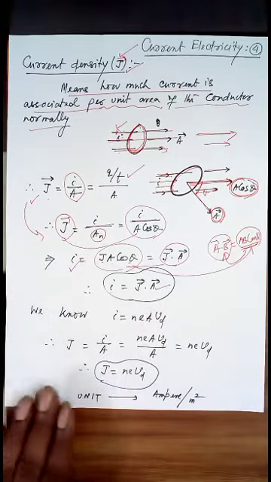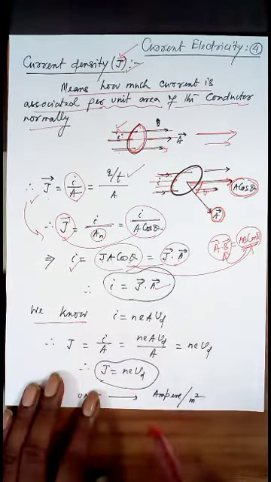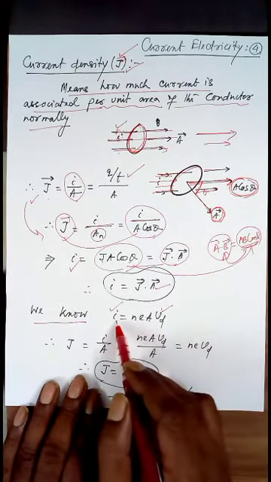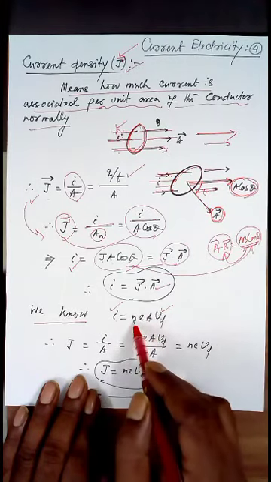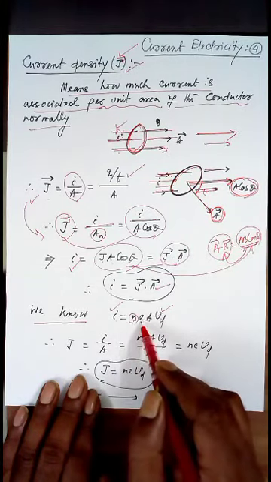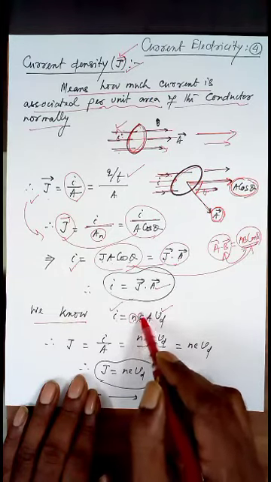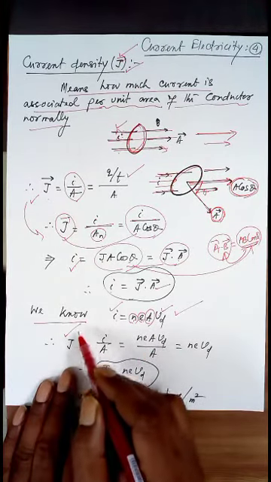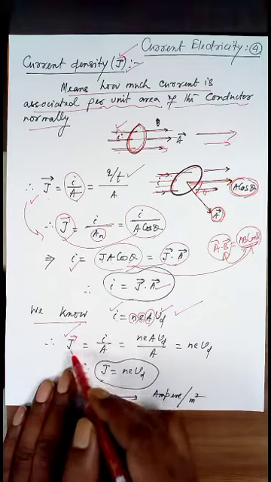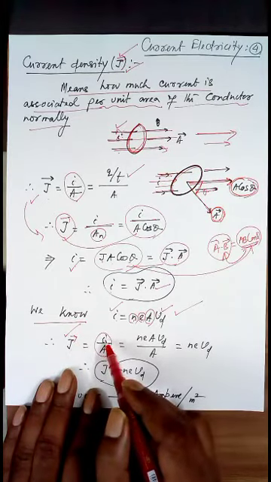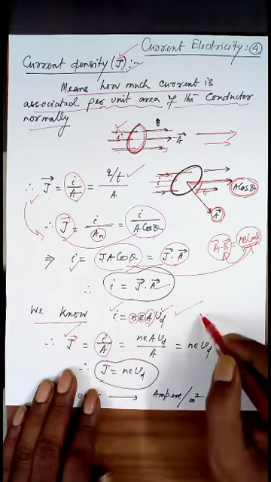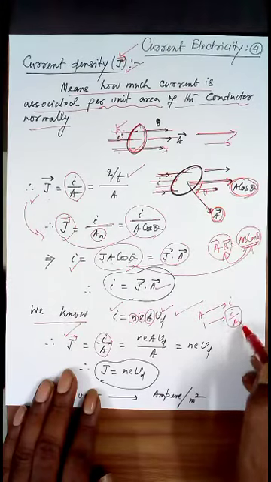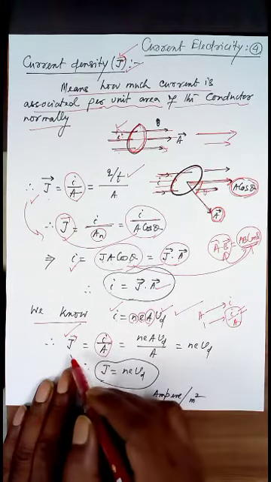Now we know from the previous lessons how current I was related to the drift velocity Vd. I was equal to N E A Vd, where N was the number of free electrons per unit volume of the conductor, E is the charge of the electron, A was the area of cross section of the conductor. And we just explained the current density J is equal to current over area. Means how much current is associated with unit area. With A area, I current is associated. With unit area, current associated is I by A. And if it is coming out normally, then that is called current density.